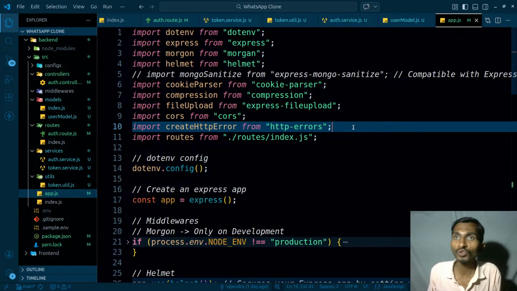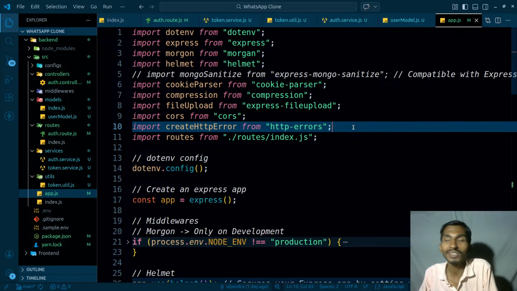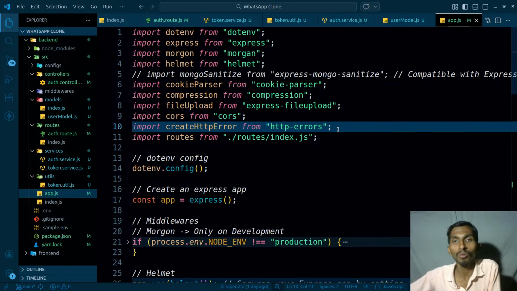It is mainly used for creating the errors. So you don't have to write code for creating or handling the errors. This is a package that already exists. So using this particular package, you can simply get things done. So far, if I talk about my way, I used to create